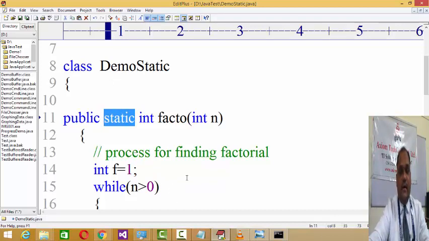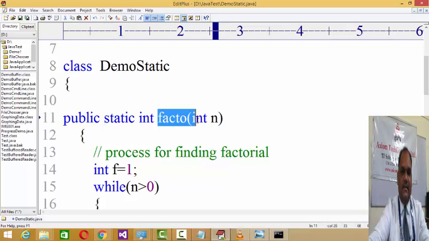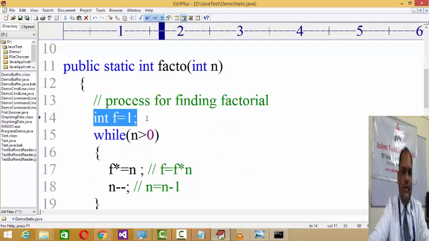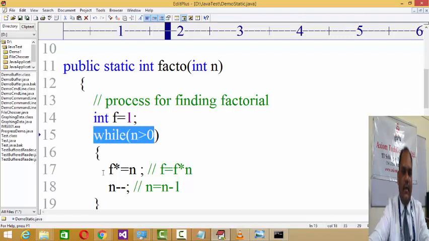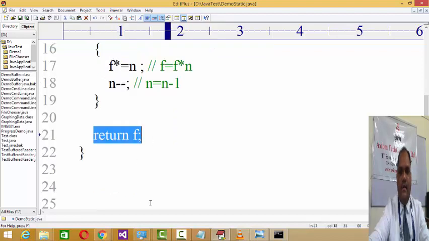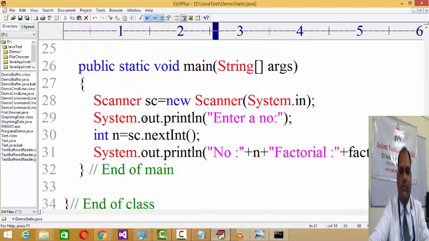And here I had given you the definition of a factorial method, which returns an integer and gets n as an argument. As it is a factorial method, it accumulates the multiplications. So the factorial variable needs to be initialized to 1, and until the value of n remains more than 0, you multiply it and decrement n, and finally the resultant value will be returned to the calling area. And here you input the data, and then you give a call to it.